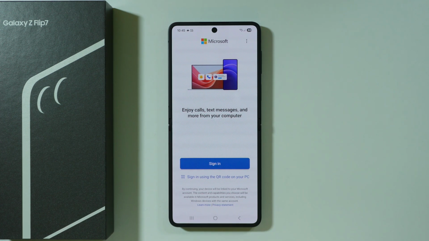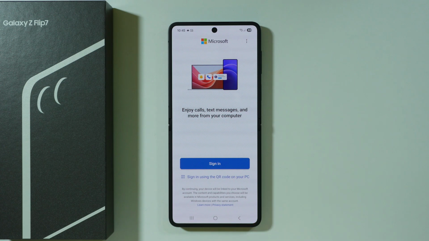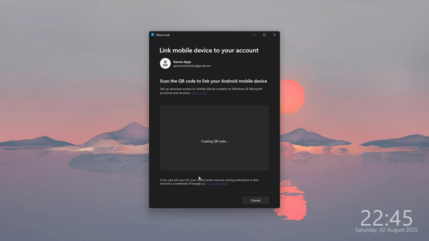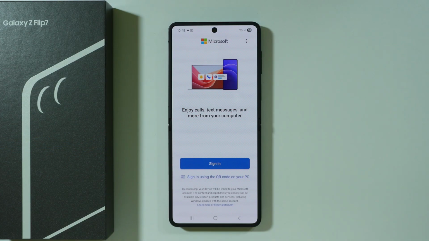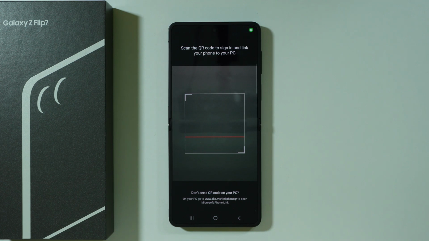And the best way to actually connect with your Windows PC or laptop is by scanning the QR code from your PC. So go to your PC and open PhoneLink. This is an app that is pre-installed on your Windows. And once you open it, you can choose which device you want to connect. So in our case, it is of course Android. And then we will generate the QR code. So we want to enable the QR code scanner over here, grant the permission, and then just scan the QR